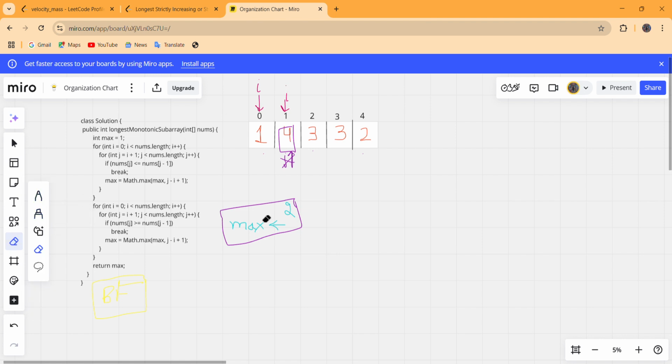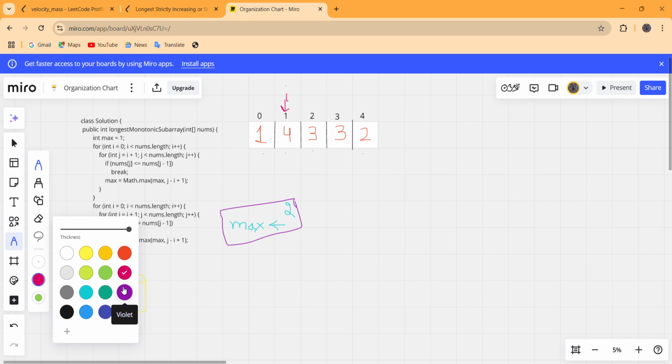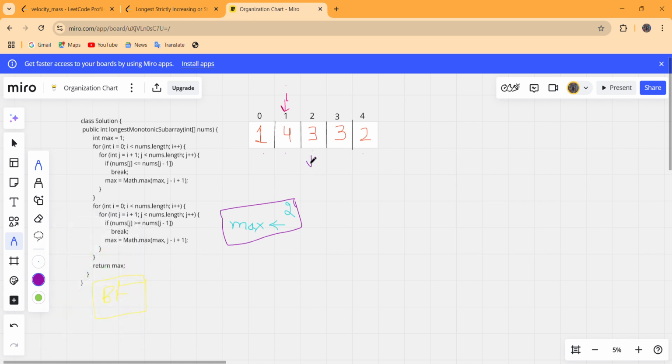And j now starts from its adjacent index, that means here, and this will check if nums of j is greater than or equal to its previous. No, here we found that nums of j is not greater than or equal to its previous, so this if will not execute, and max is now updated to max of the previous value that max holds, that is 2,